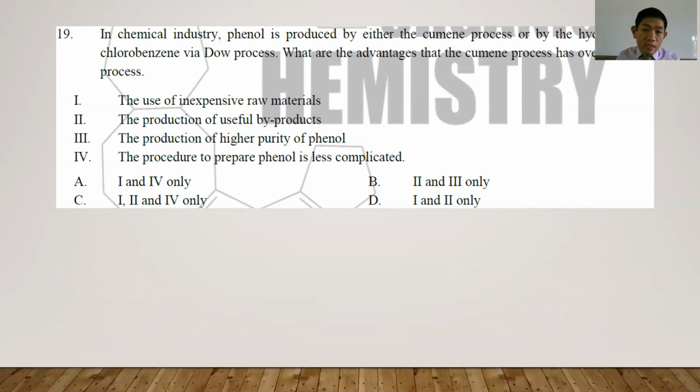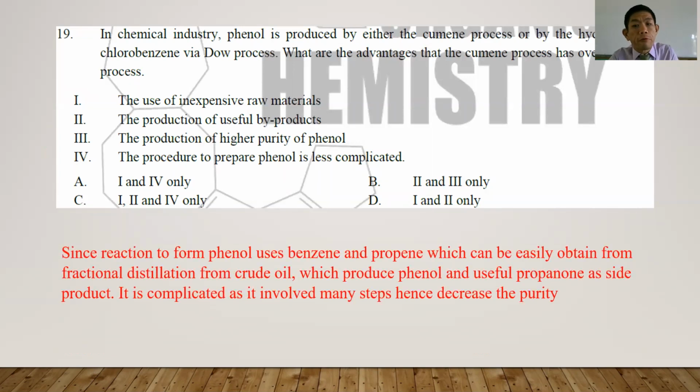So the use of cumene is expensive material, which is correct because the synthesis of phenol via cumene process, you only require aromatic compound, benzene, and also propene, which can be obtained easily from the fractional distillation of crude oil. Okay, so one is correct. Number two, the useful byproduct, which is also correct because the byproduct other than phenol, you will also produce propanone, which is often very popular